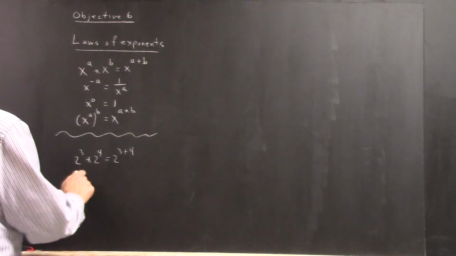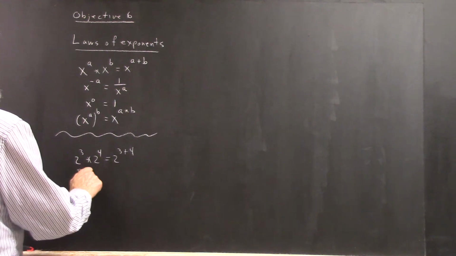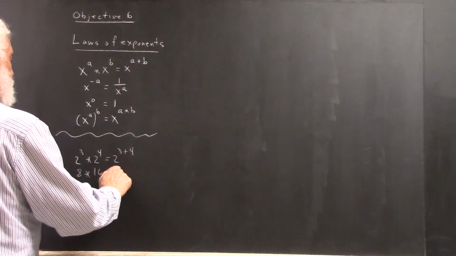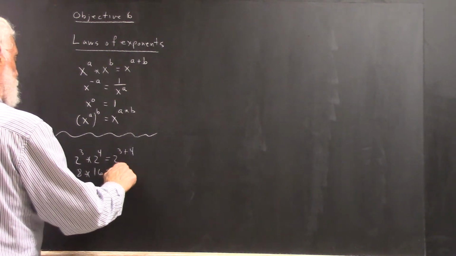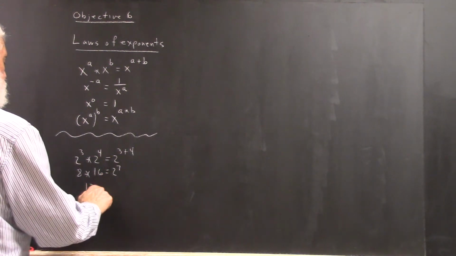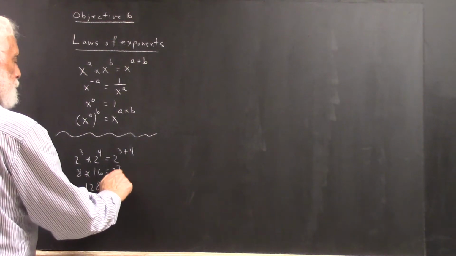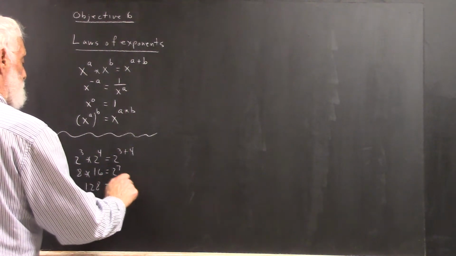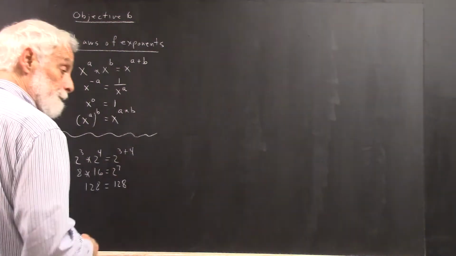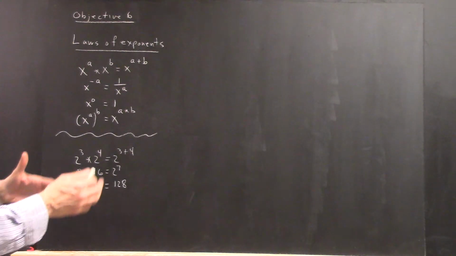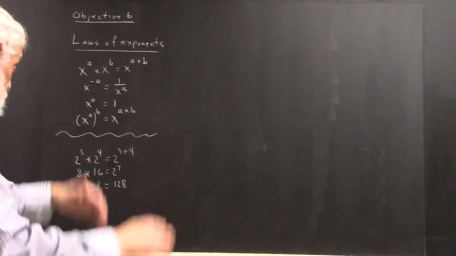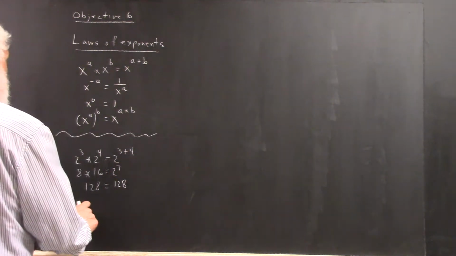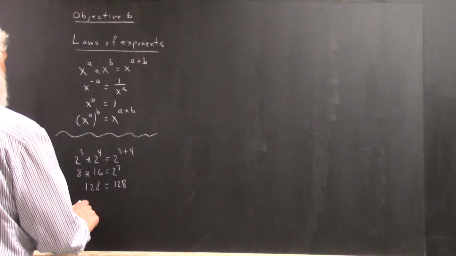And that's the case. 2 to the third is 8. 2 to the fourth is 16. And this should equal 2 to the seventh. So 8 times 16, which is 128, should equal 2 to the seventh. Well, 2 to the seventh is 128. Multiply it out: 2 times 2 times 2 times 2 times 2 times 2 times 2. It's going to be 128. So this sort of justifies